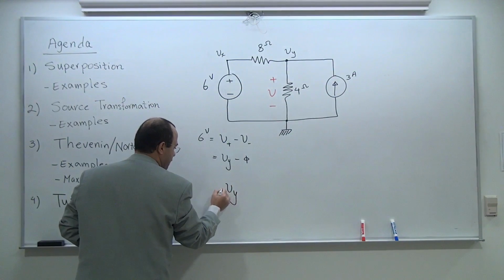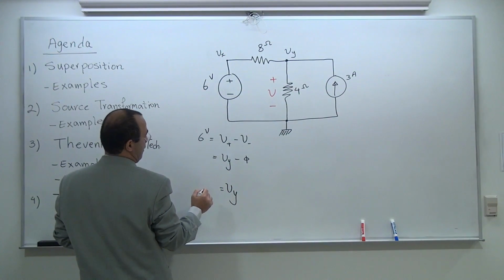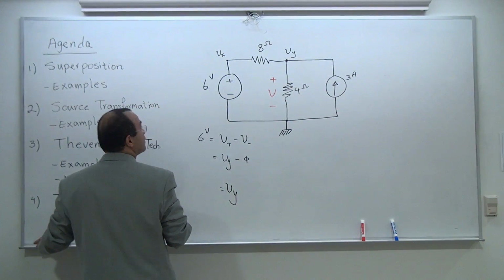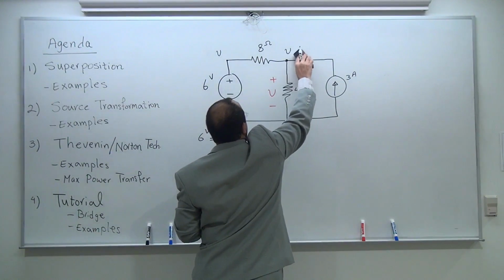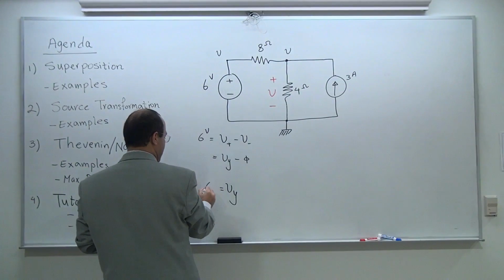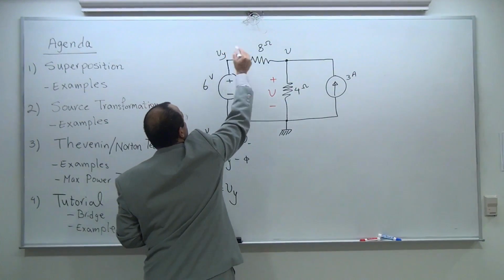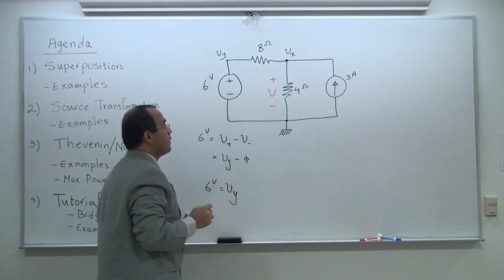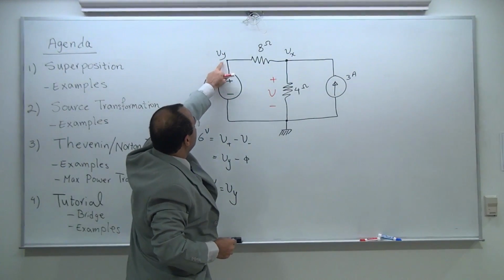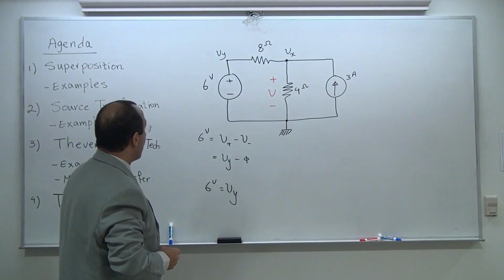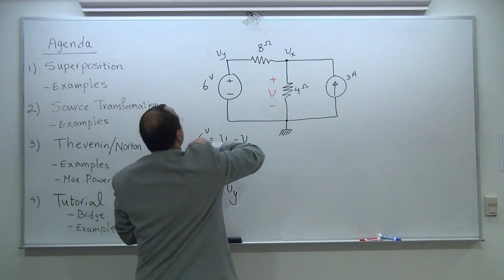Therefore, I can say the voltage of node Y is going to be 6 volts. Okay. So I have 3 nodes, one of them the reference node, and the other one is obviously identified as Vy, 6 volts. So if I know this voltage,